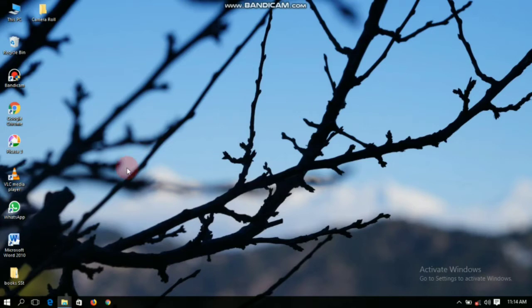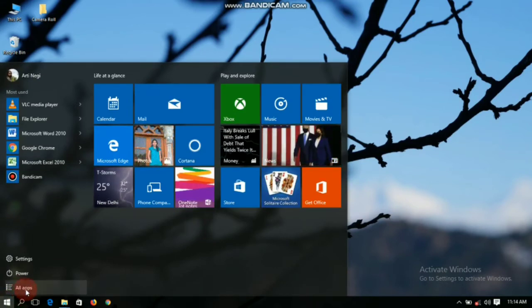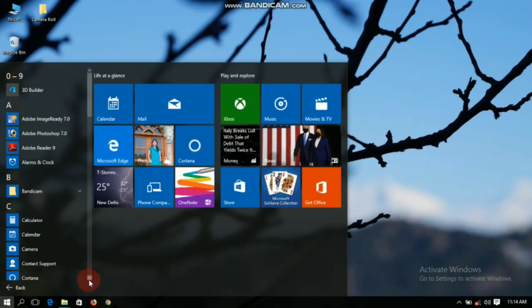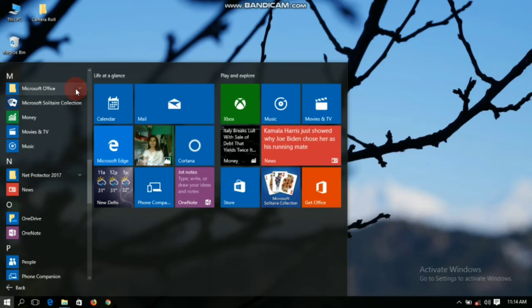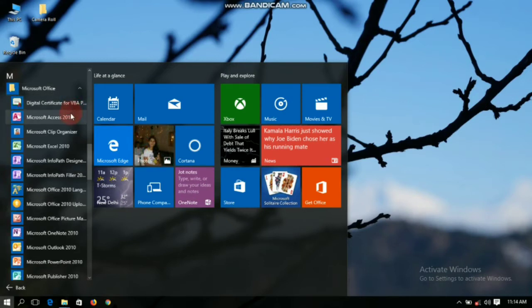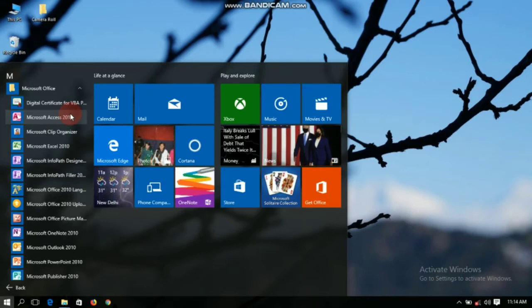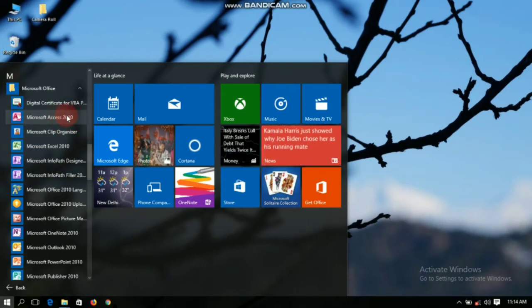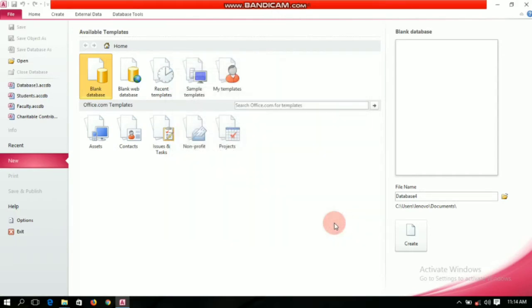To start MS Access, first we will click on the Start option and All Programs, and we will go to Microsoft Office. Students, right now I am using Windows 8, that's why this is different from Windows 7. Okay, so we will click on Microsoft Access 2010. Alright, this window will appear, from where you can select your